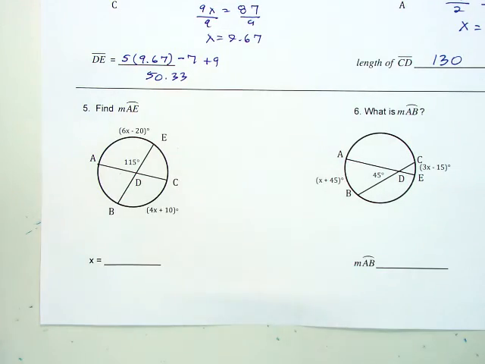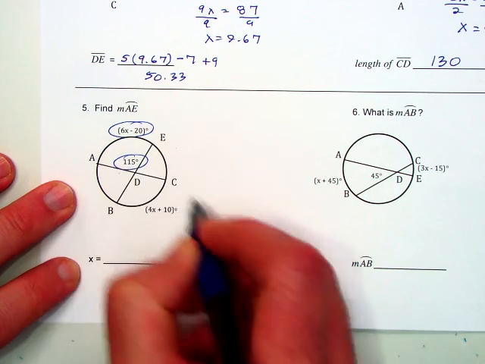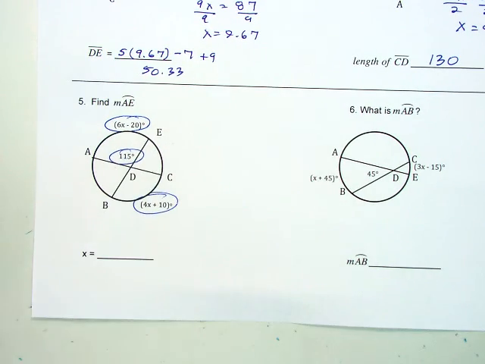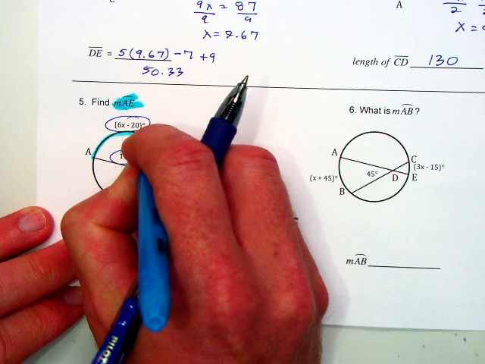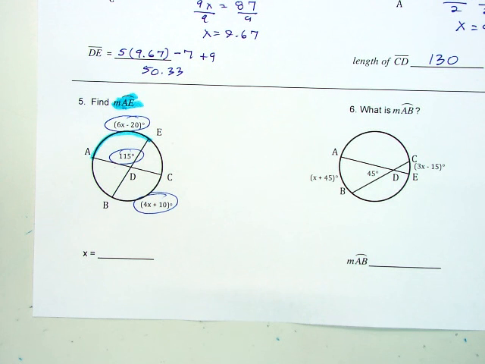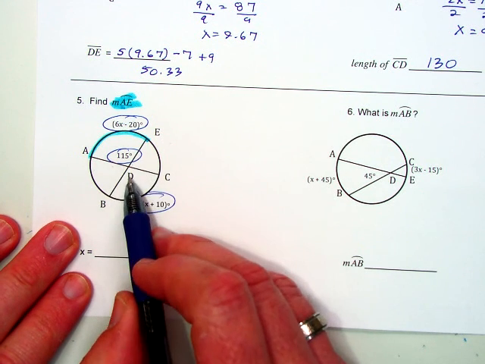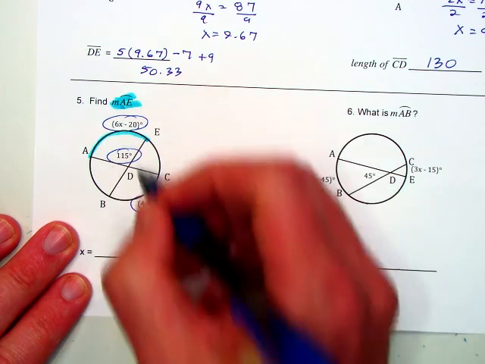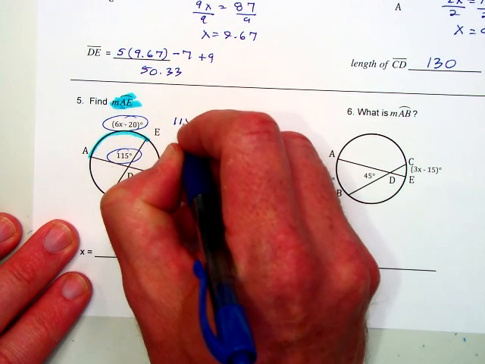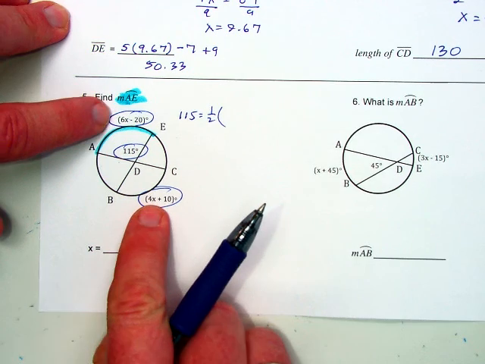So this is another angle one. And this time you're given expressions here. And we're also looking at the end to find AE, which means it's not just solving for x's, I'm going to have to plug it back in. Okay? So remember, this is not a central angle, so these are not equal. Okay? It's not an inscribed angle, so I don't double this one. I have to say 115 is equal to half of the sum of these two, and if I add like terms, I believe I get 10x